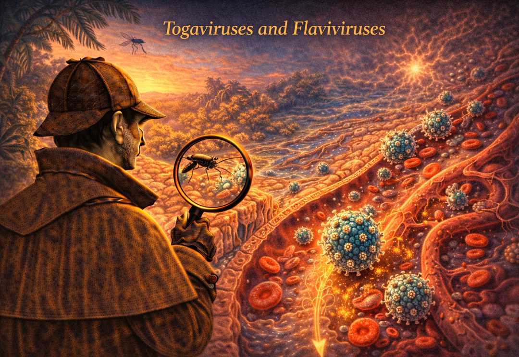Now, let's talk about the life cycle, because this is where Murray gets incredibly detailed, and quite frankly, this is where the board exams love to test you. How do they actually get inside our cells? The entry mechanism is remarkably similar for both families. They bind to specific receptors on the host cell surface. The cell is tricked into initiating receptor-mediated endocytosis, so it swallows the virus up in a little vesicle, an endosome. And then the trap springs.